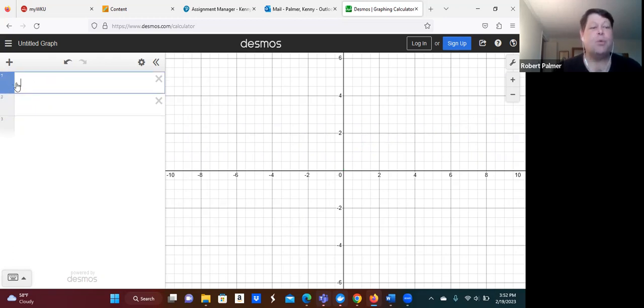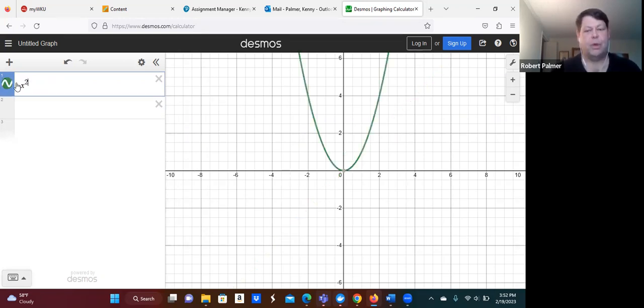But let's say it's important for y to be 1-to-1. Let's start with something that's not 1-to-1, which is just x squared. Okay. We know that's not 1-to-1. Now, why does a function need to be 1-to-1 to have an inverse? Well, as I just said,